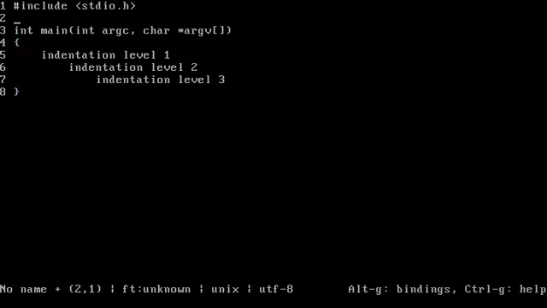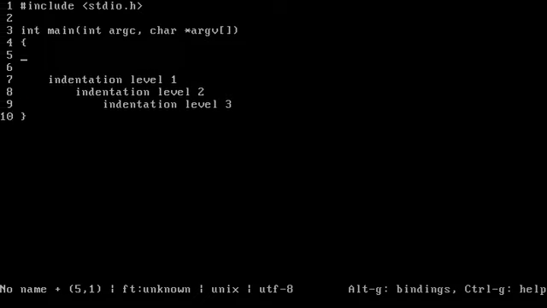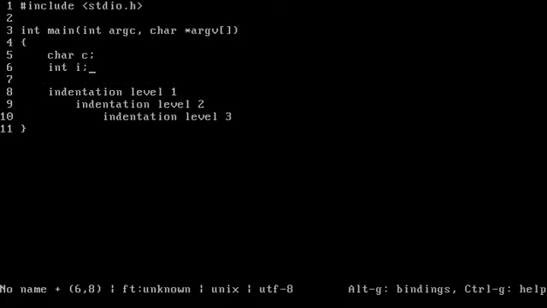Some people try to use tabs for alignment where they shouldn't be doing this. So say I'm declaring variables, char c. Usually you would just separate the type from the name with a space. Some people, however, decide that they want to align these because it's visually uncomfortable or something. I can understand this, but